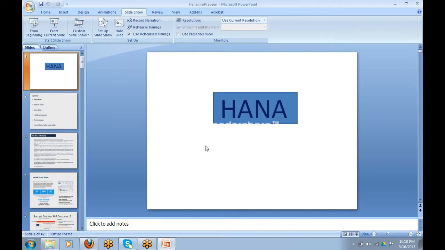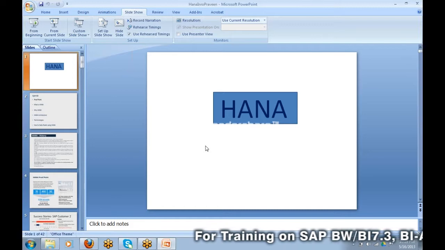If SAP or any client is looking for specific resources who have very good database knowledge and HANA, in the market you can't see anybody. Whoever is learning HANA, they have a BO background, data services background, or BW background. The people who are very comfortable with the database are not learning HANA. Actually, whoever is comfortable with the database, if they learn HANA, that will be more beneficial for end clients and also for SAP.